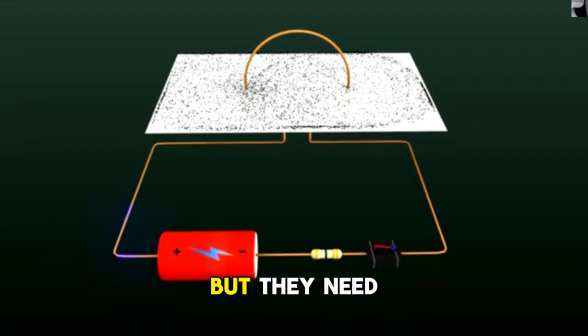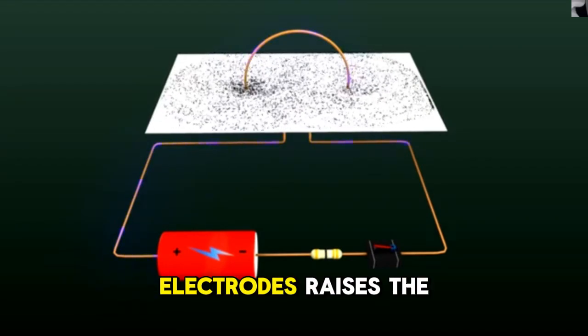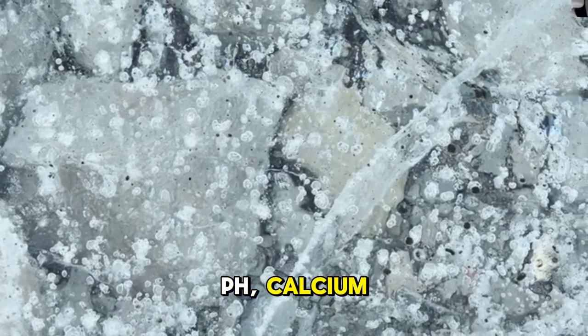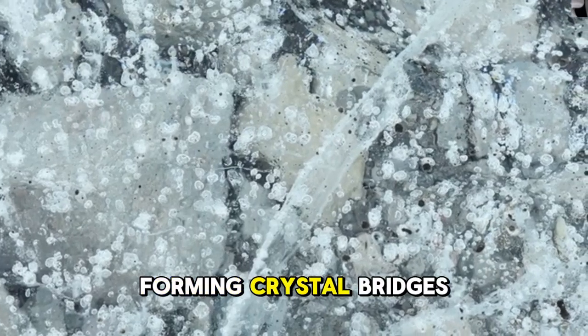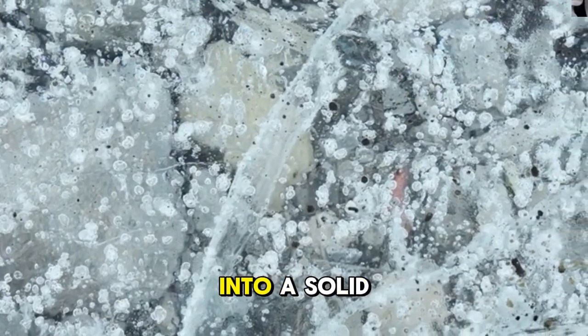The same raw materials every shellfish on Earth uses to grow its shell. Those minerals want to solidify, but they need a shift in the local chemistry to do it. Running a mild current between 2 electrodes raises the pH right at the cathode. At that elevated pH, calcium carbonate can no longer stay dissolved. It precipitates out and starts forming crystal bridges between individual sand grains, locking the loose granular structure into a solid,